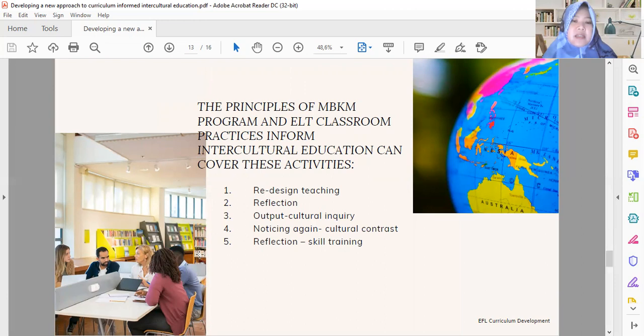There are several things that we can do to redesign our teaching practice, and then do the reflection, and then make an output as a cultural inquiry, and then noticing what the result is, make such a cultural contrast, and then reflection, skill training. Skill training means teacher professional development, or lecturer professional development.